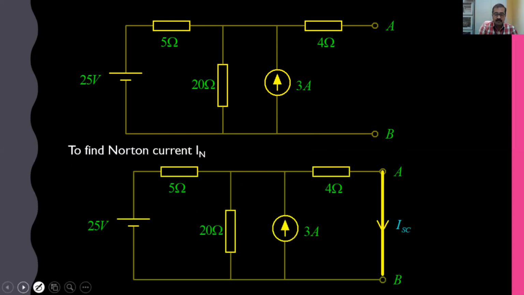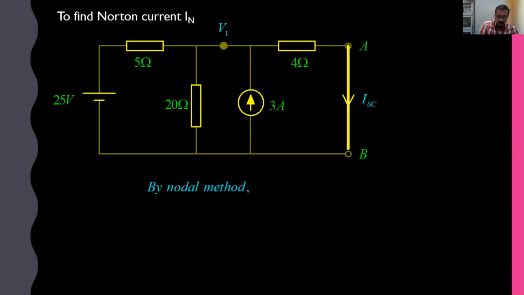How can we find the Norton current IN? To find the Norton current, you have to short circuit the load points like this. Okay, this is short circuit, right? Now a current will be flowing through this branch. You need to find how much current is flowing, ISC. That will give you the Norton current. You can adopt any method, either mesh method, source transformation or series path reduction. I will make use of what is called the nodal method.